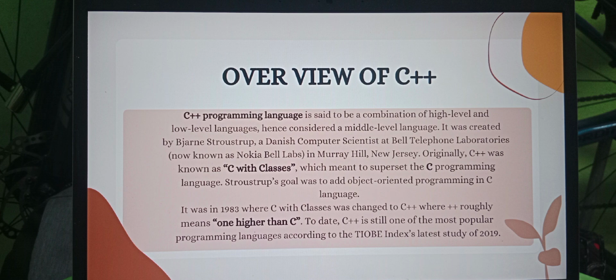Originally, C++ was known as C with Classes, which meant a superset of the C programming language. Stroustrup's goal was to add object-oriented programming to the C language. It was in 1983 that C with Classes changed to C++, where plus plus truly means one higher than C. To date, C++ is still one of the most popular programming languages according to the TIOBE Index latest study of